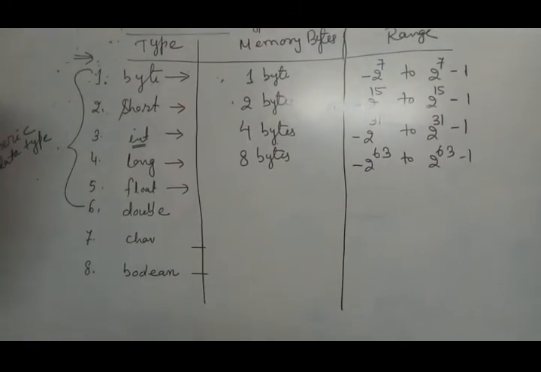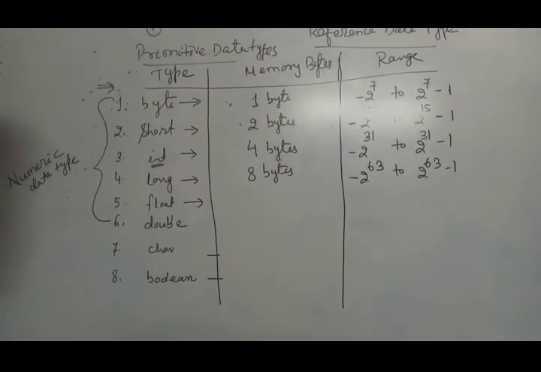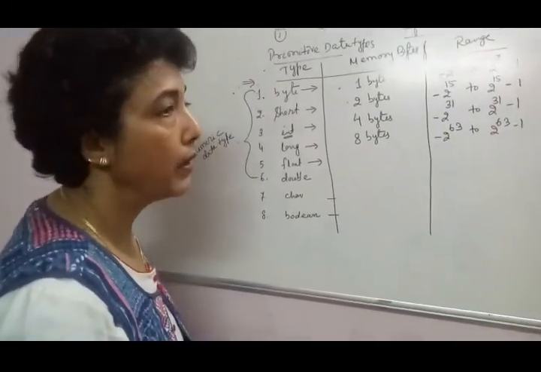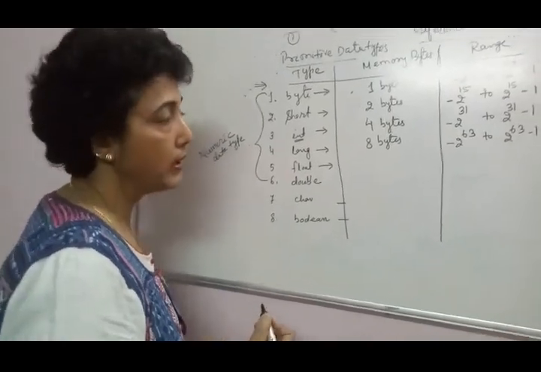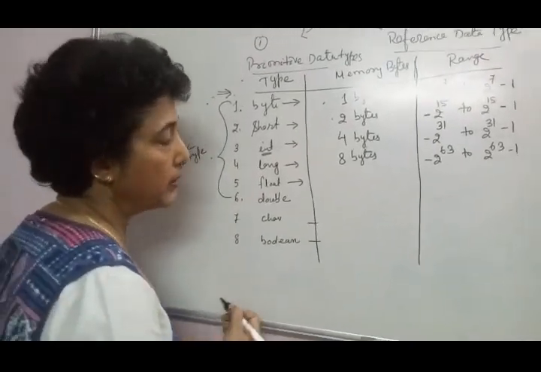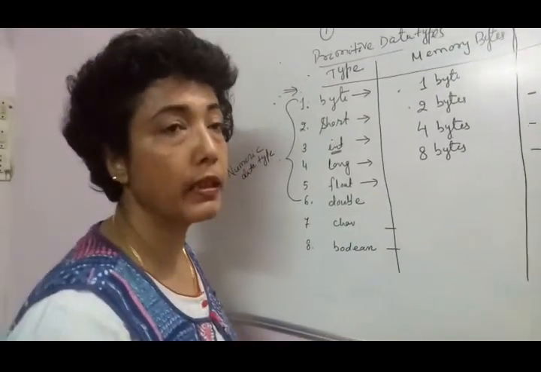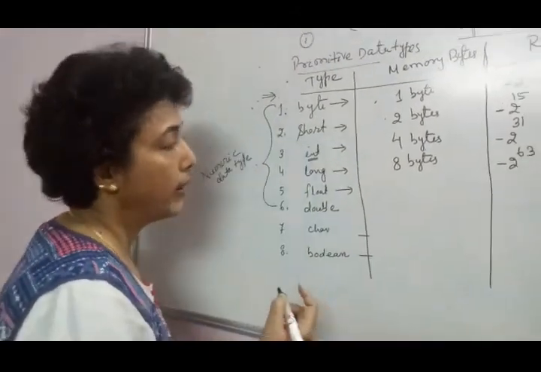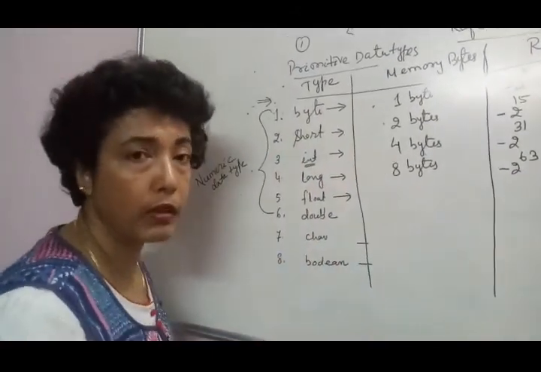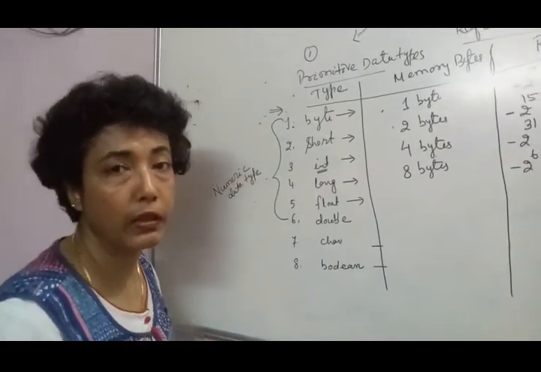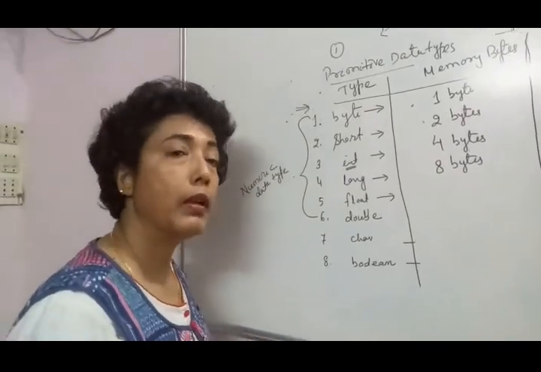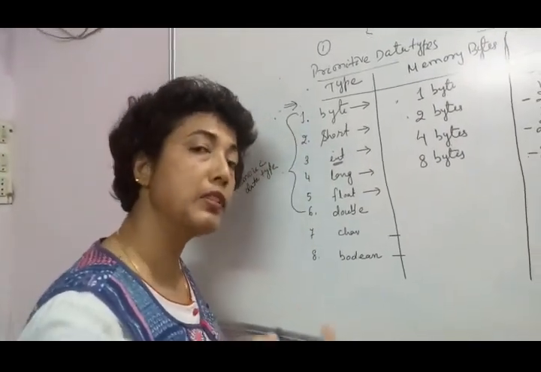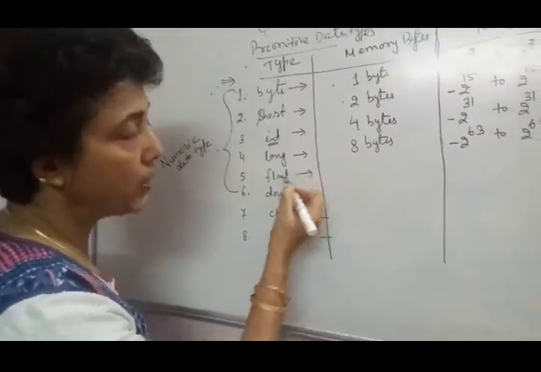Now the float data type is used to store a real or fractional or floating point literal, fractional value or constant with single precision. Single precision floating point literal numbers. Single precision means after the decimal point it supports 8 digits, right? And double is meant for storing a fractional number, a real or floating point literal, having double precision. Double precision means after the decimal point it supports 16 digits. Okay, first we will talk about float.